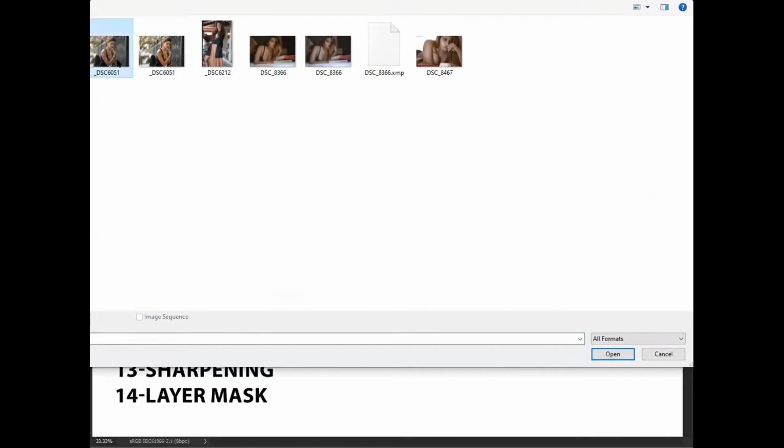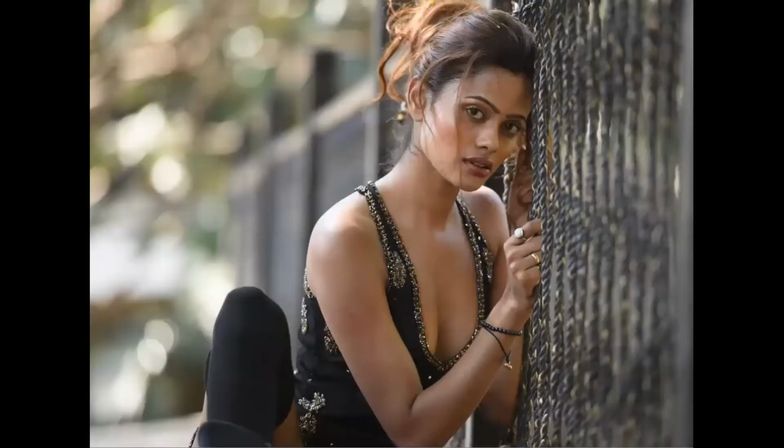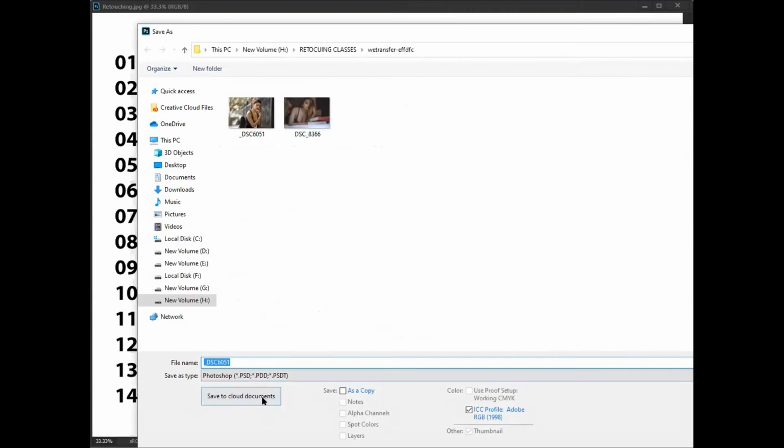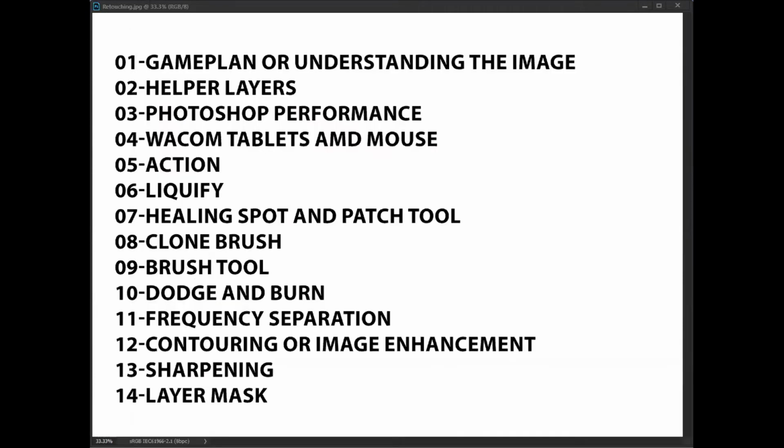So let me open this image and save a PSD of it first. So which image are you seeing right now? Which image are you seeing right now? The checklist you are seeing, right?